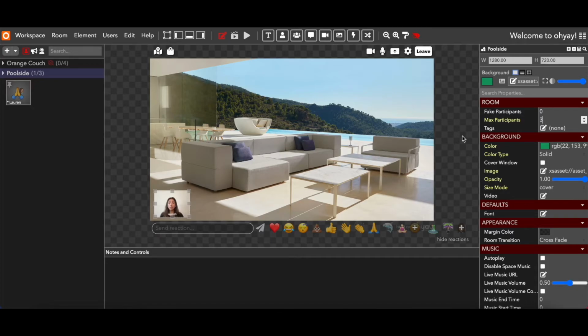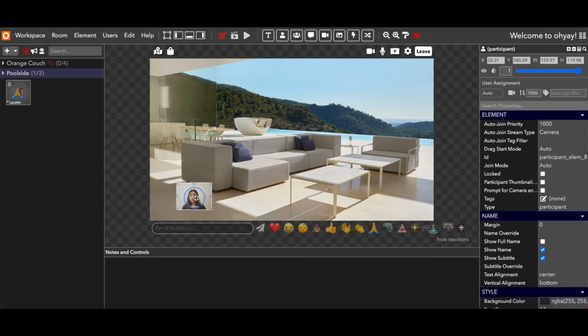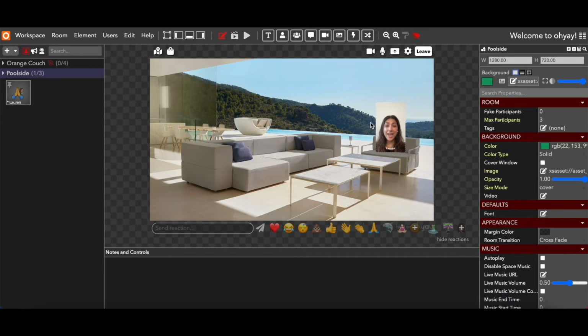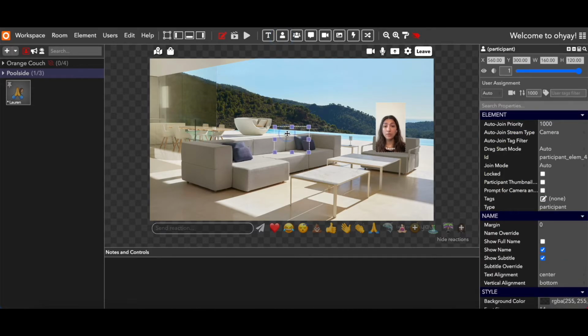But if I want 3 people to be able to be in this room, I'd better have 3 participant elements so that when my 2 friends join me, their videos can appear on screen as well. So the first thing I'm going to do is move myself. I'm going to put myself in this chair right here, and then I'm going to add in 2 more participant elements. So we've got 1,